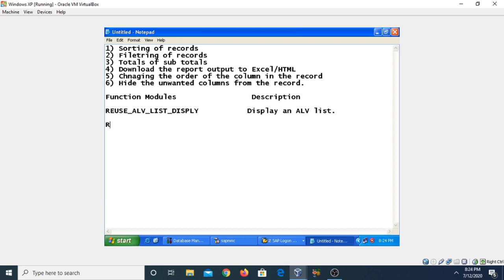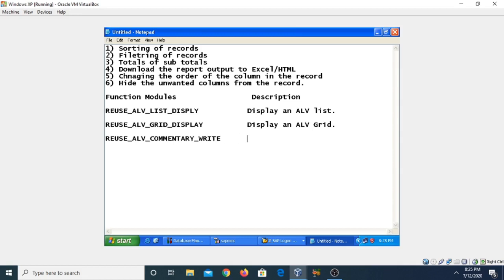The second function is REUSE_ALV_GRID_DISPLAY. By this you can display an ALV grid onto the screen. Another function module is REUSE_ALV_COMMENTARY_WRITE.